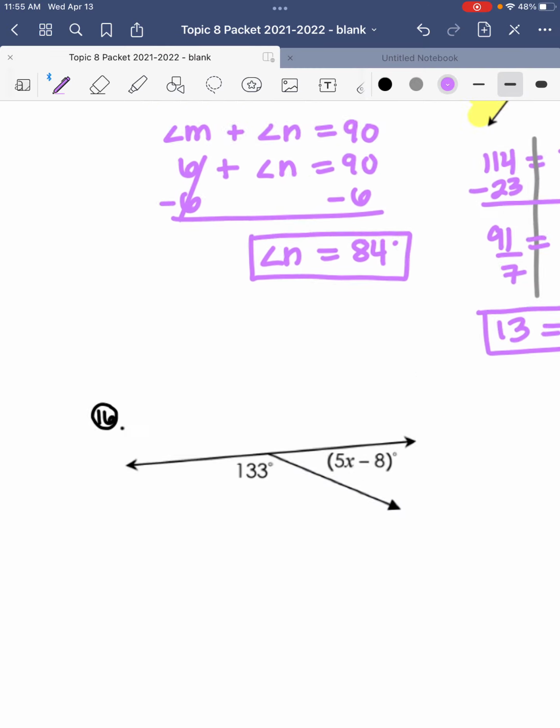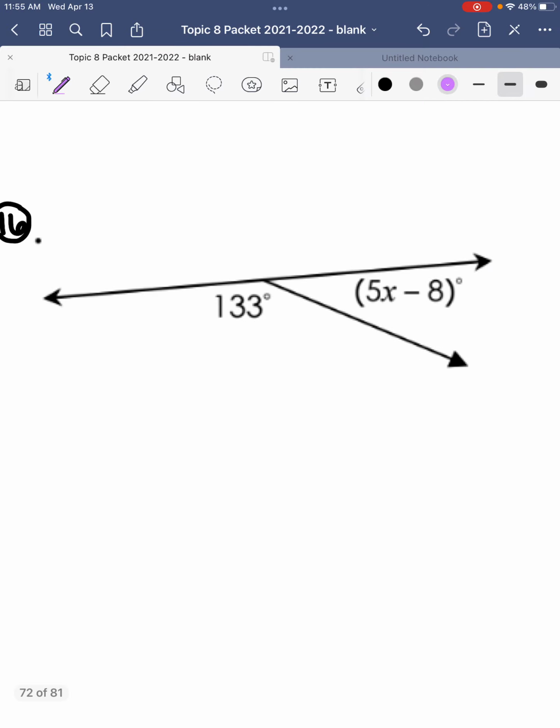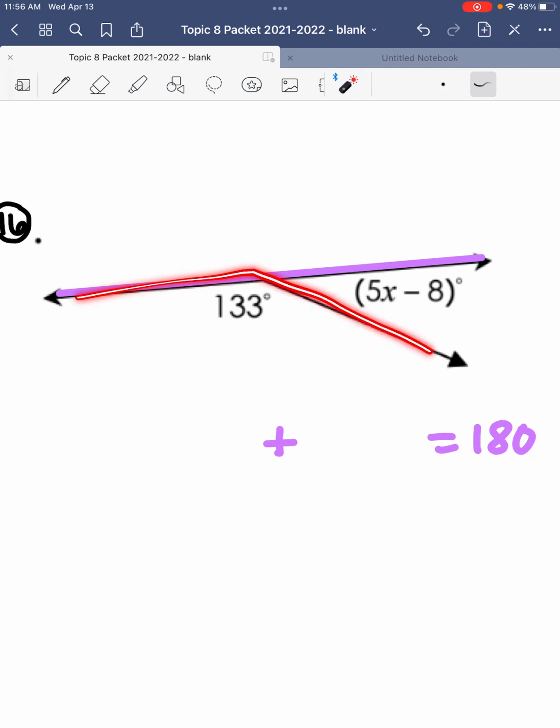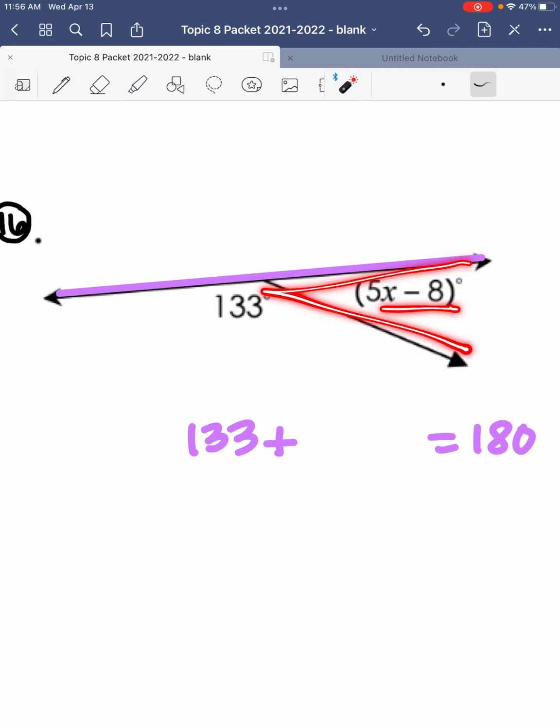Okay, last two. Number 16 is right here. What I notice about these two angles is they are adjacent, but together they make that straight line right there. So I know that because they make a straight line, together they add up to 180 degrees. The angle that I see first is this one right here, which is 133 degrees. So 133 plus my second angle, that one right there, which is 5x minus 8 degrees,